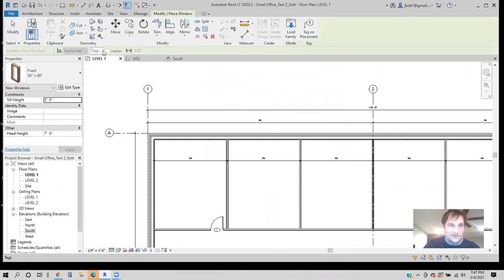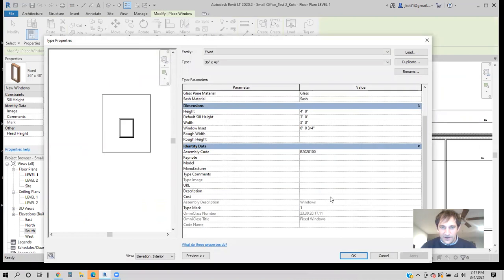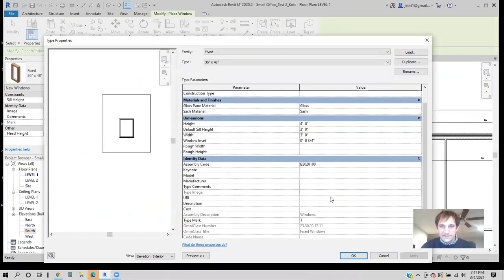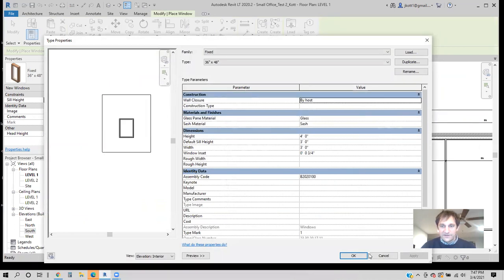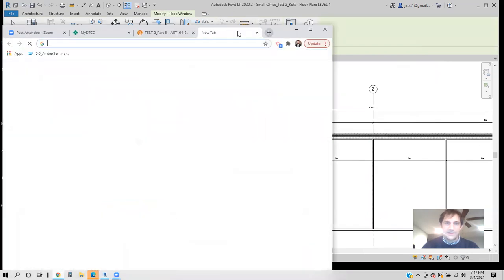Window. Not sure why it won't let me tag here. Something has me locked out. Edit. Let's just check and see what happens. Type mark. Right now I'm in the properties trying to figure out why it won't let me tag it. So sometimes when I have an issue in Revit, what I'll do is